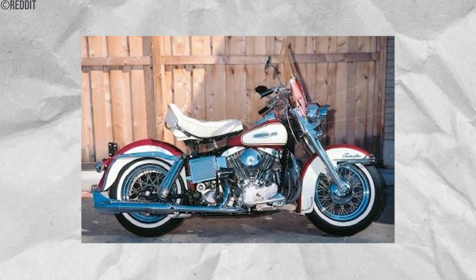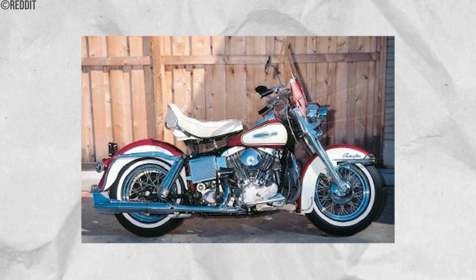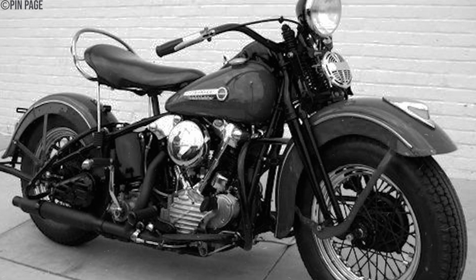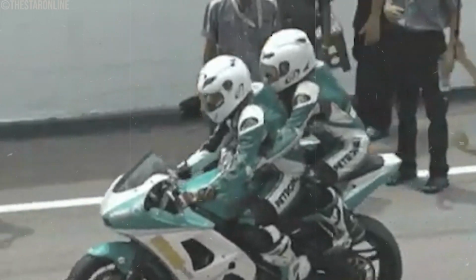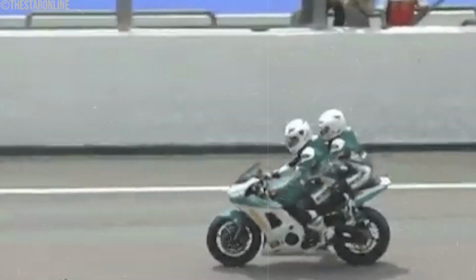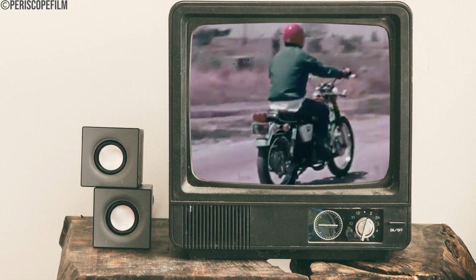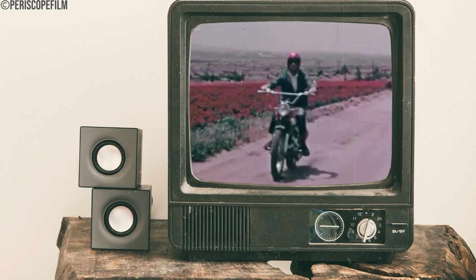The extra seating usually involved a longer cushioned seat that extended over the rear wheel, providing space for a second rider. Although this addition seemed useful, it brought significant safety concerns. The main problem was the lack of proper support and safety features for the passengers. Unlike modern motorcycles with dedicated footrests and secure seating, these early designs often exposed passengers to falls, especially during sudden